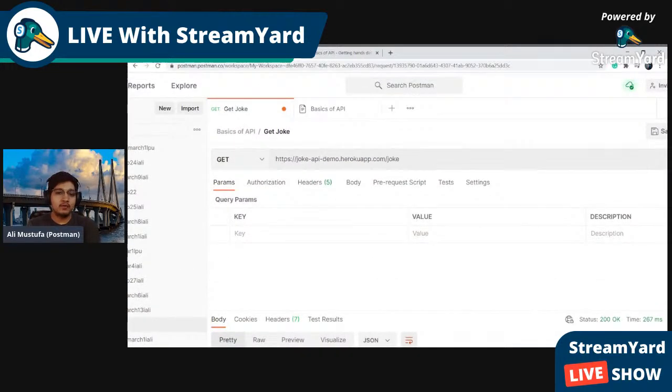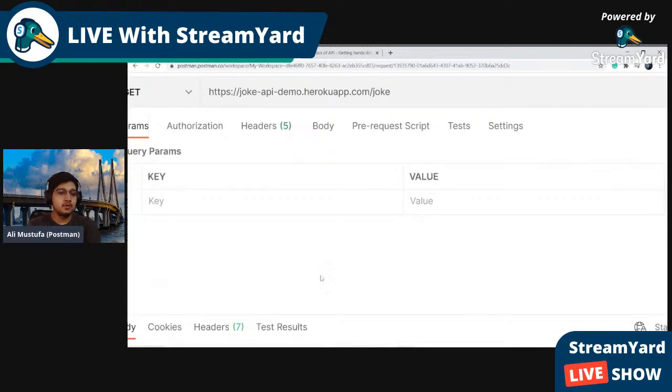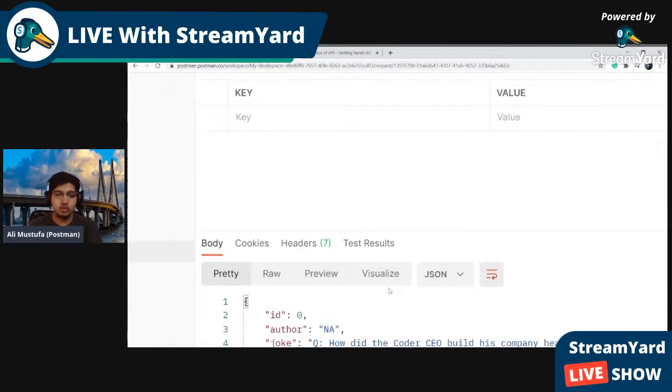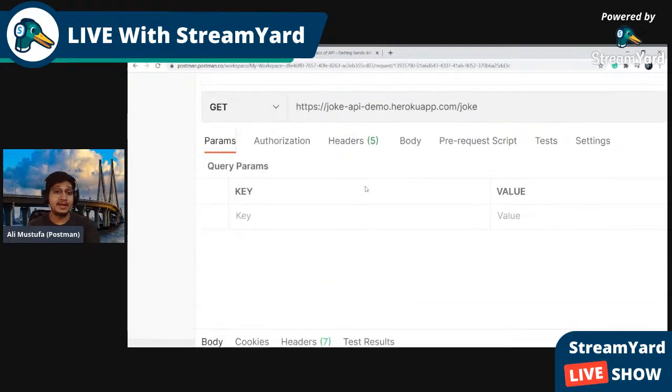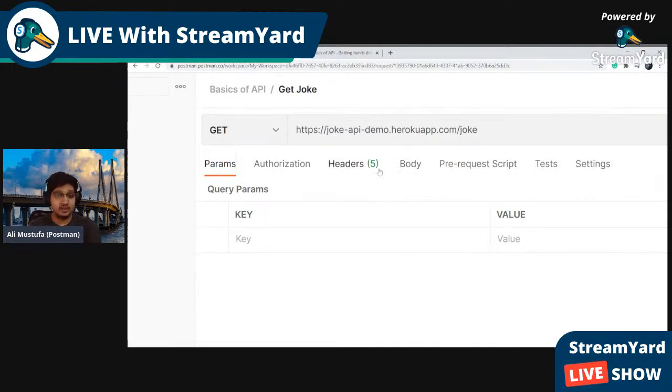Cool. Now what I want you to do is retrieve only a specific joke. Let's say I want to only have joke number 1 or joke number 2. In that case, I need to make sure the server is getting that information that I only want that joke, and for that I'm using query params. In the query params, I can add the parameter which I want to segregate the joke from, and I can move forward.